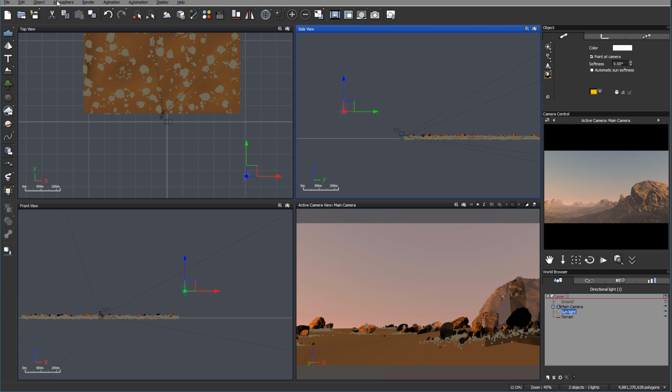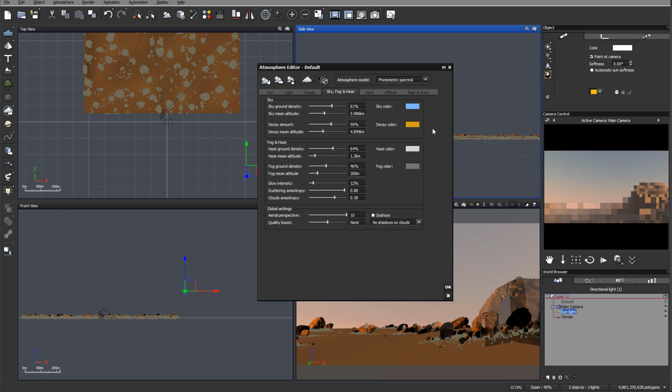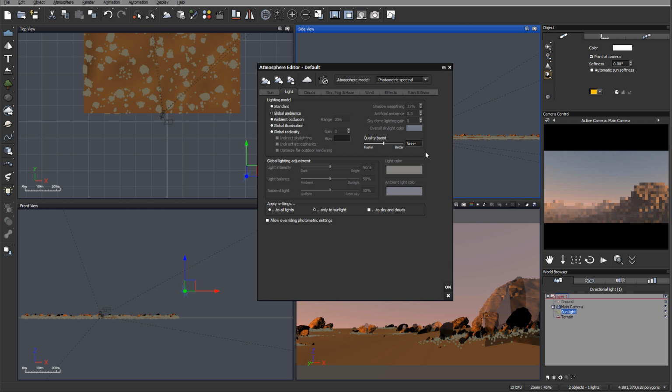Okay, right here, let's go back to atmosphere editor. And at this point, let me just reset in case its color was changed. Decay looks fine. We can go to the lighting. Let's go to global radiosity. That will explain some of those effects. So we'll switch, all looks right. Okay, we'll go to